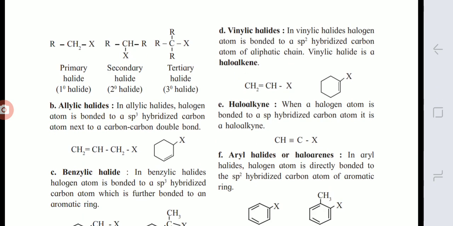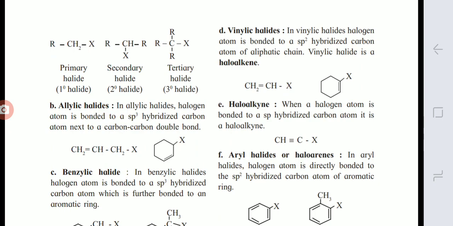Then in next class, vinylic halide. Double bonded carbon is vinyl carbon, and if we replace the hydrogen from such a carbon, then the halide is called vinyl halide. So CH2=CHX is a vinylic halide. Then what is the name of that compound? It is